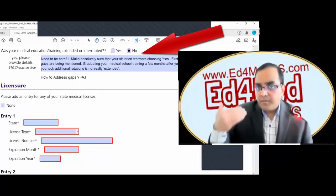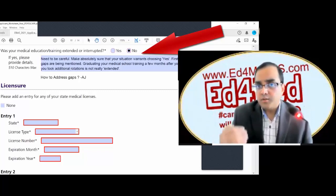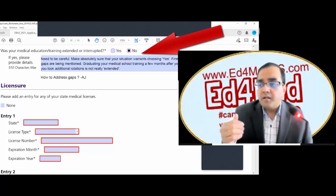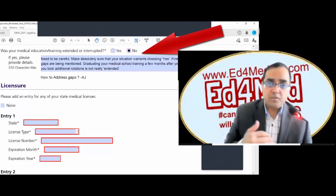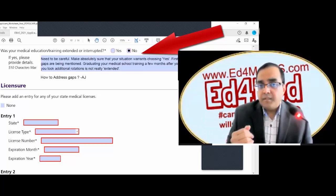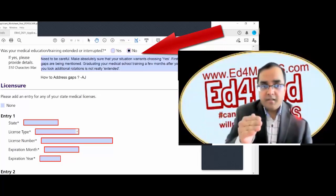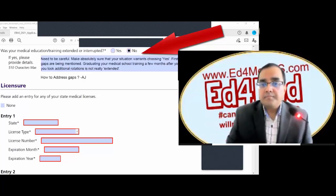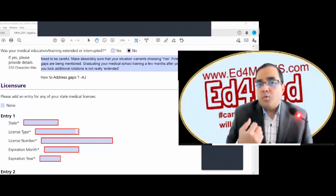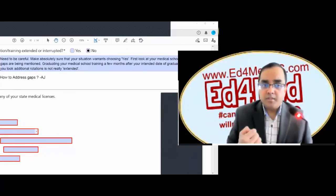This was again with an international medical graduate whose date of graduation was delayed by about 3 months because she took some time to come to the US to do a rotation. And she highlighted this, saying that she chose yes, that my medical education was extended. But you shouldn't really do that. You should only choose medical training extended